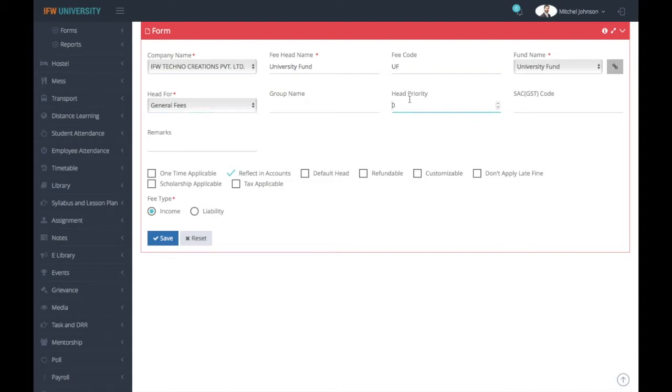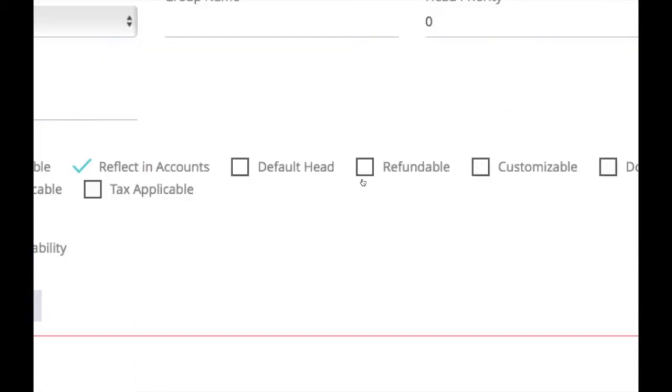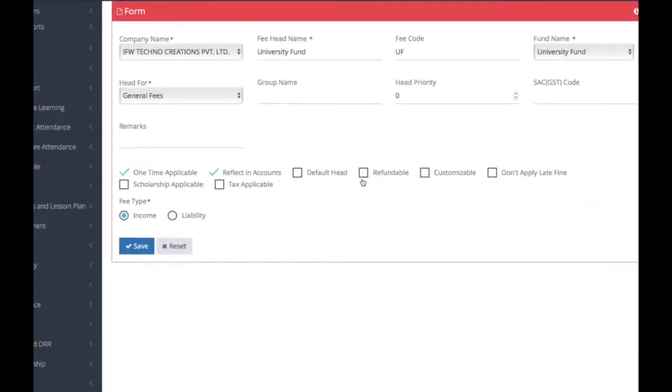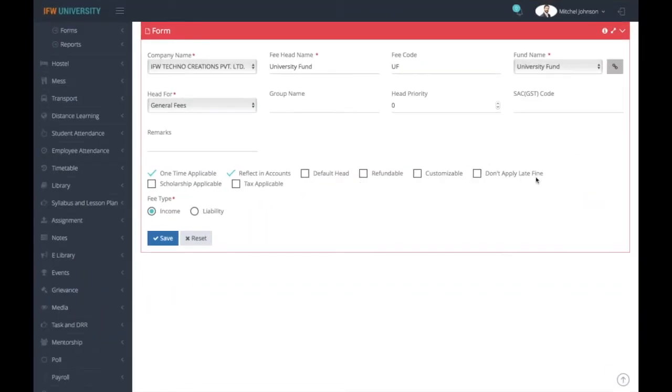You can give a head priority, like this head should be given priority at the time of auto adjustment of amount, whether it is applicable one time or each time the student has to pay, whether it is a default head, whether it will be refundable, like caution money is refundable but university fees are not. It can be customized,